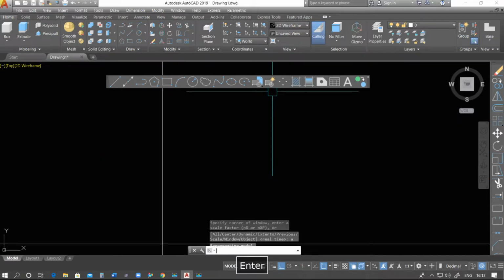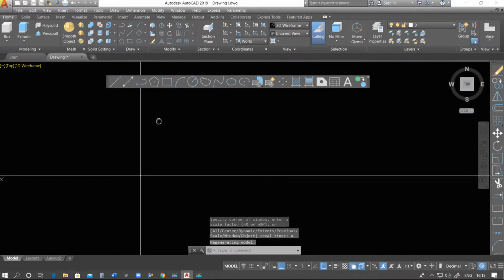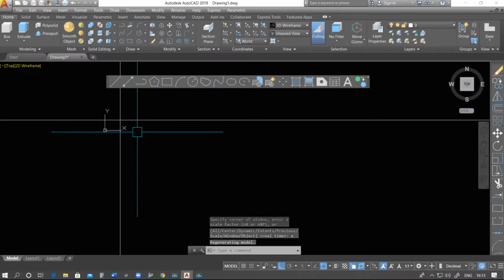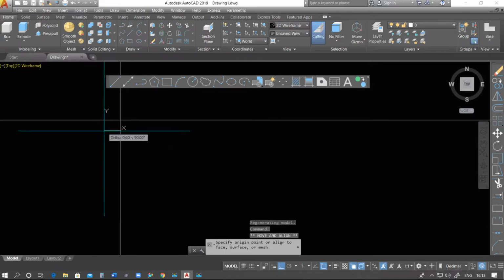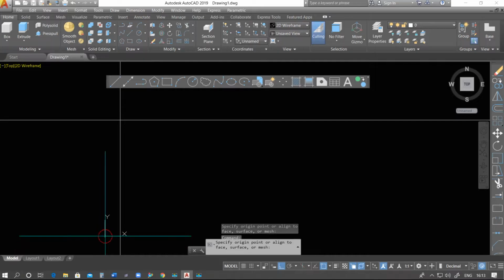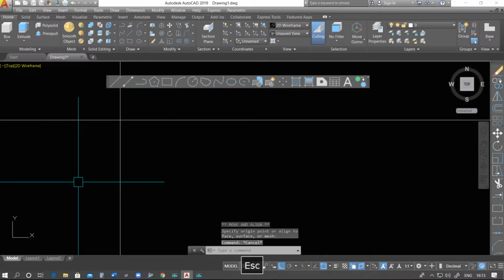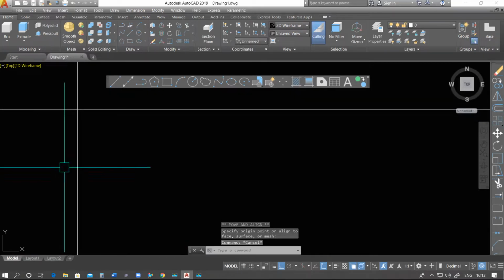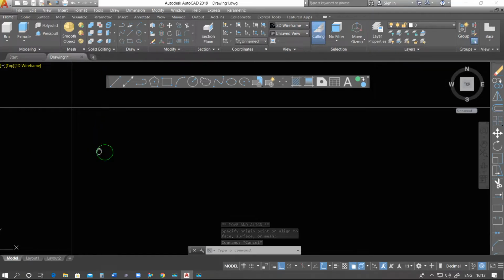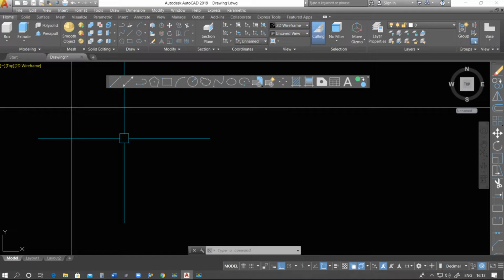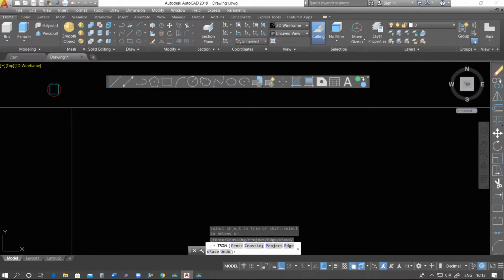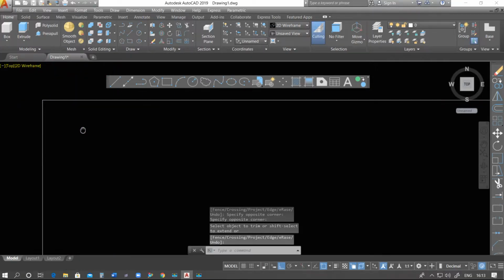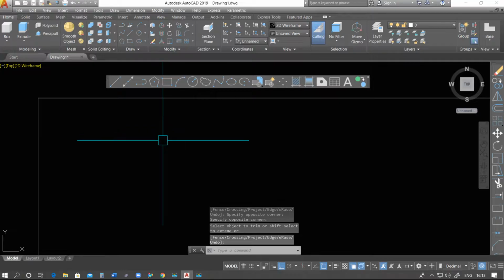Generally, most of the time we don't use this tool, but there are many times we use this tool, the construction line. Generally civil engineers who want to make a plan as per the requirement, they use it to initiate their plan from here. They just trim this one side. Okay, and now we will start to make our plan.